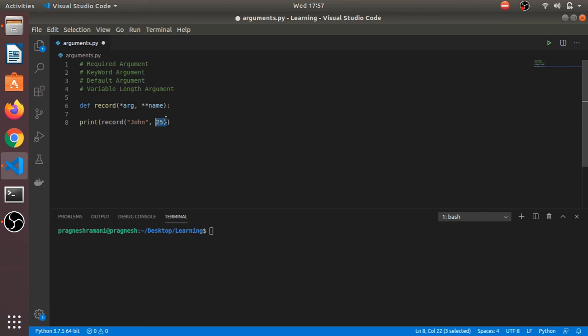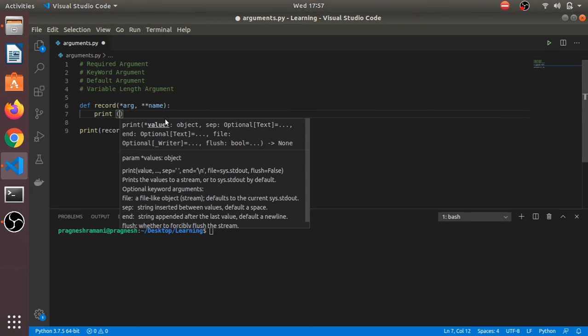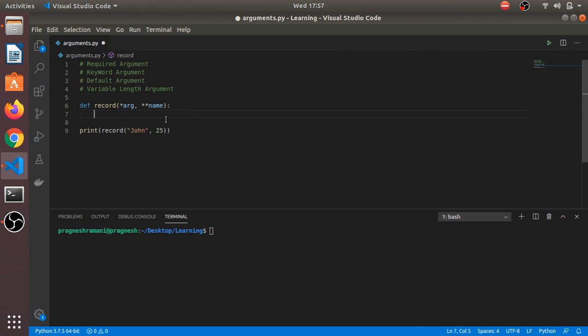These both are variable length arguments. Whenever we need to print the variable length arguments, we require a for loop.